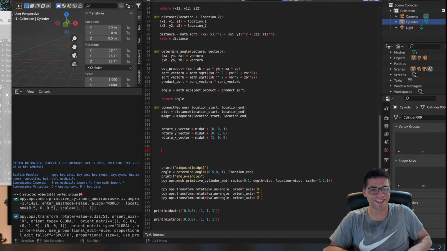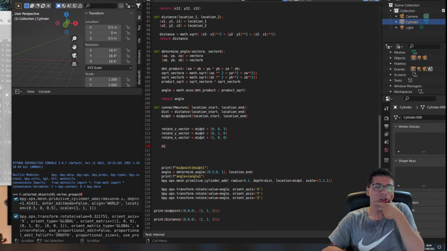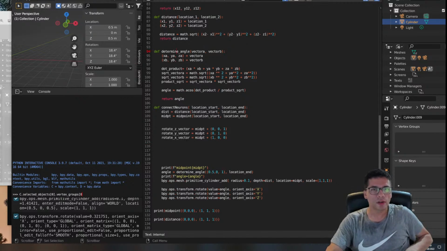I'm not sure if this is going to work. It's a bit late now. I probably have to go back to my maths classes. Right, so distance between rotate x vector. Okay, let's see. So we need to calculate determine angle. So my idea is